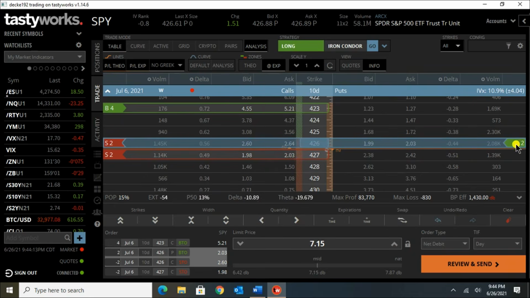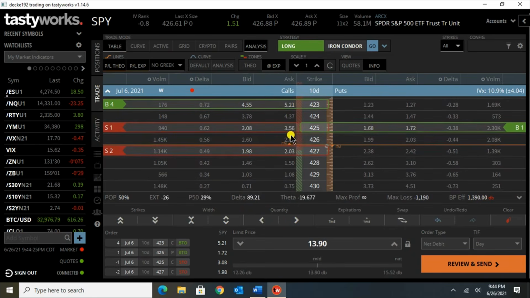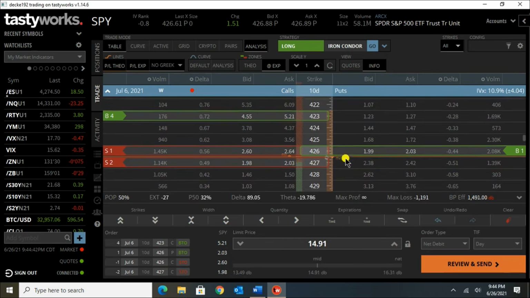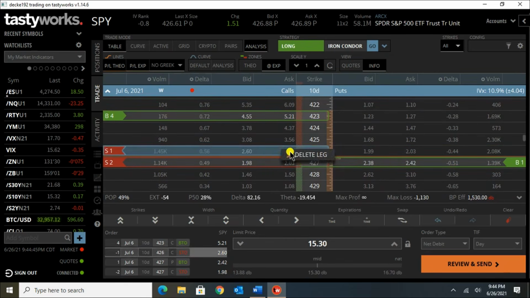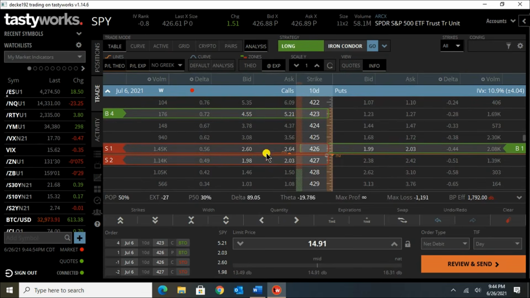I just noticed that it actually gave me a quantity of 2, so I'm going to reduce that to 1 because that's what we want. So that would give us short 100 shares. If we went to the 425, this is still synthetically the same position, but the bid-ask on the in the money positions tend to get wider. And if you were to double up on the 427 here, you would sell 3 here instead of 2. But for this example, I'm going to try to keep it a little bit simpler and just do the 426